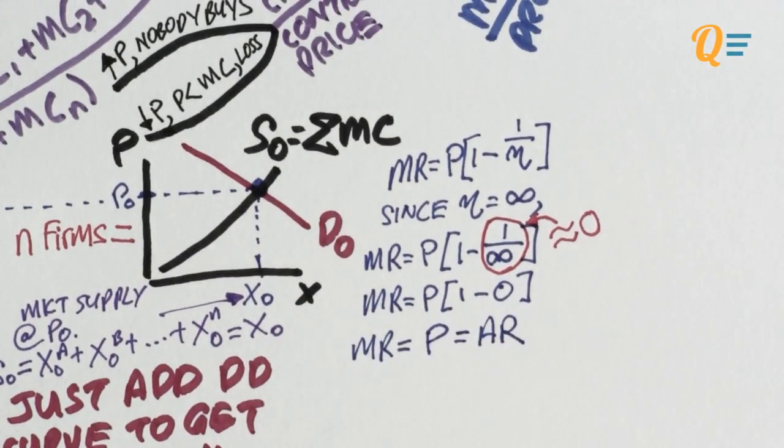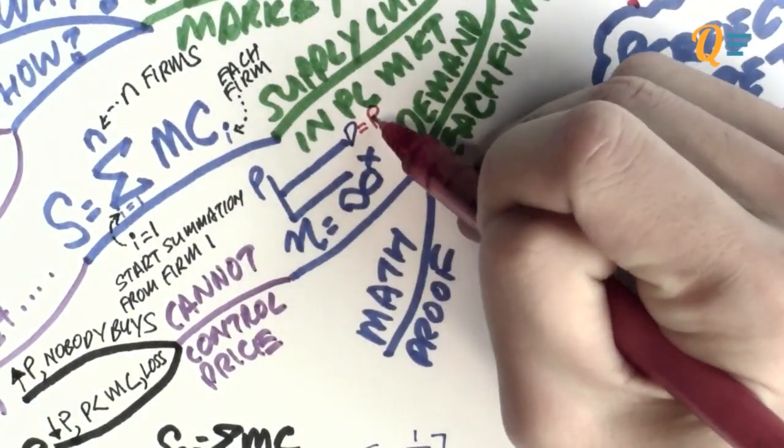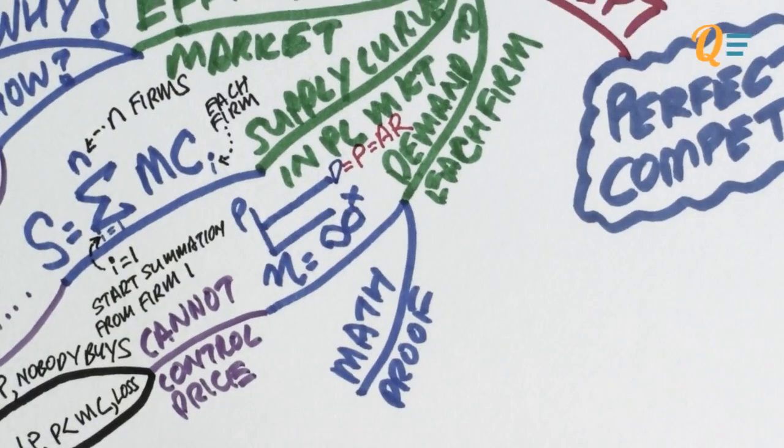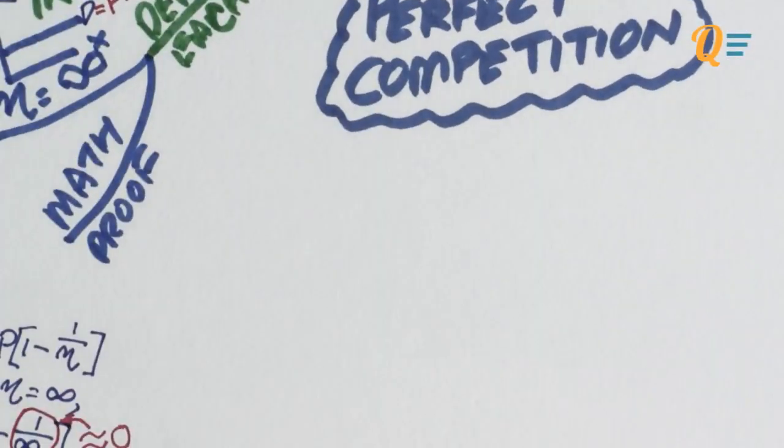And the price, as discussed in the previous few videos, is also equal to the average revenue, right? Selling two goods for $5 each, they're going to give me $10, so average revenue is 5. So the demand curve is also the price, it is also the average revenue that each perfectly competitive firm is facing. So there you have it. That is why the demand to each firm is a straight line.